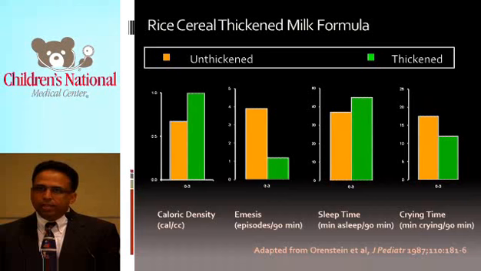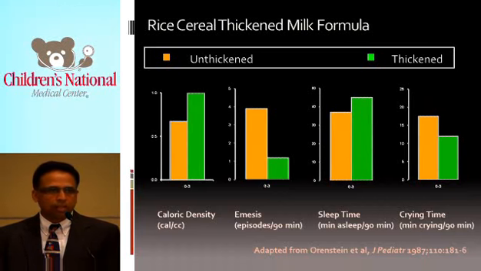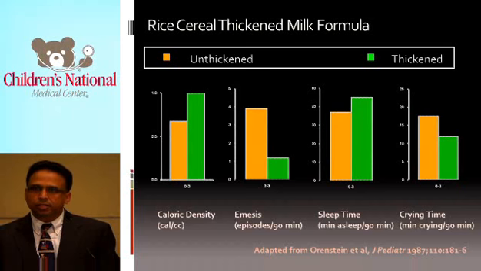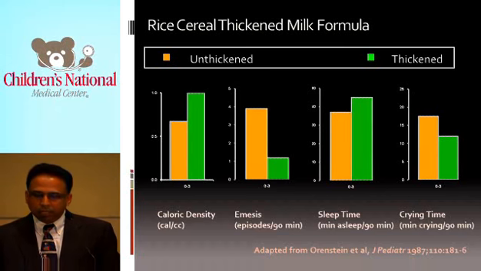The reason this is advantageous in certain individuals, especially infants who are failure to thrive, is that by adding the rice cereal, you're adding the extra calories that they need. They're also not losing the formula that they were losing by spit-ups. So you decrease the episodes of reflux, but you also are able to add calories.